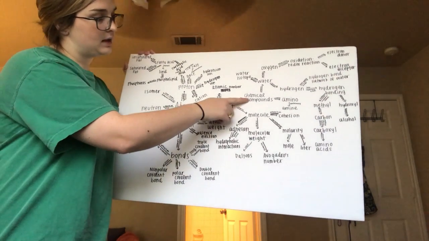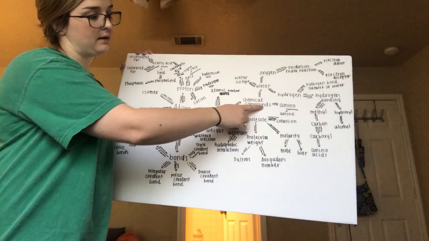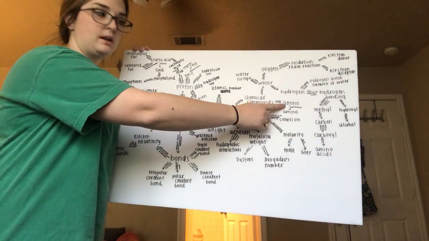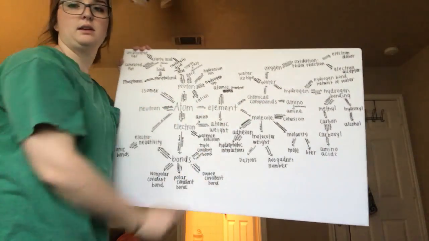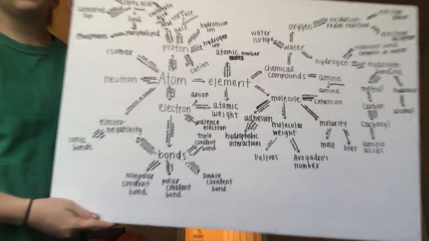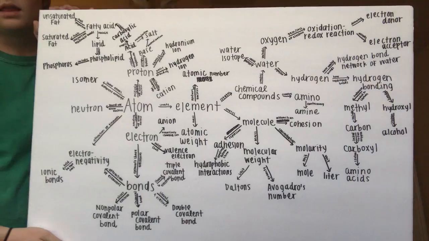And then we also have the chemical compounds again. We have chemical compounds that create amino, and then amine is contained in amino. And then here is the